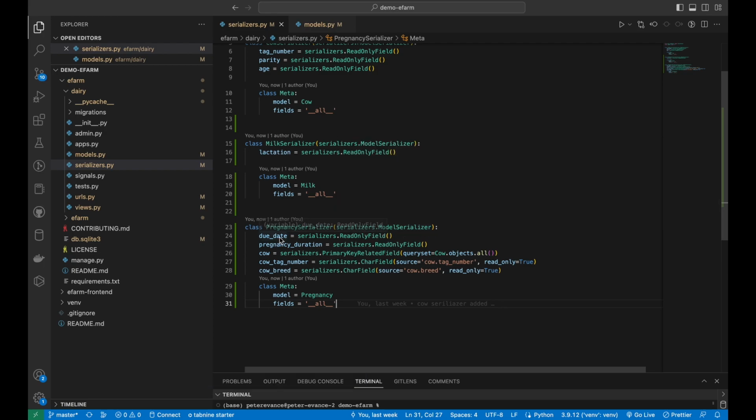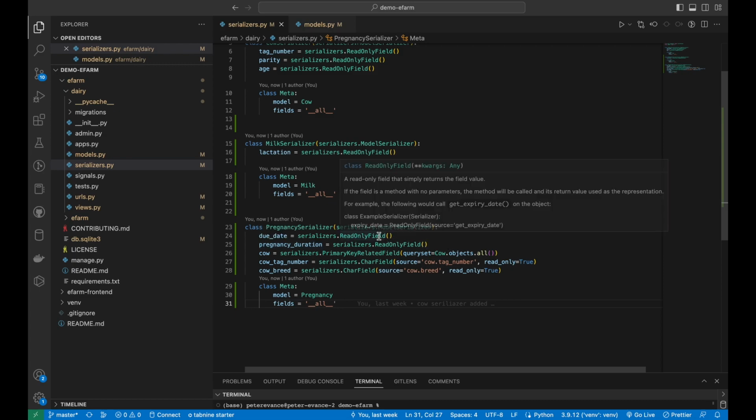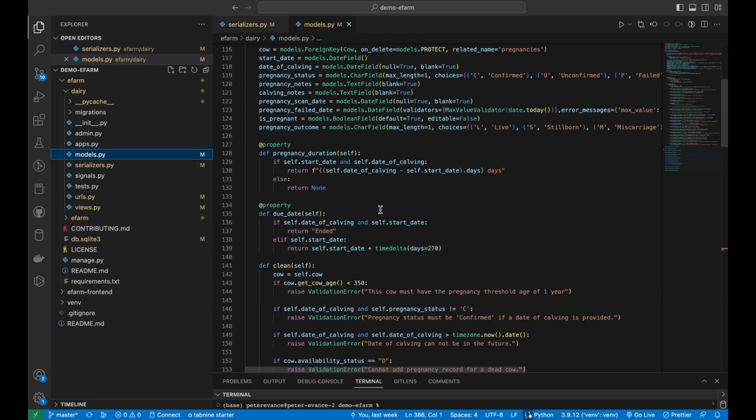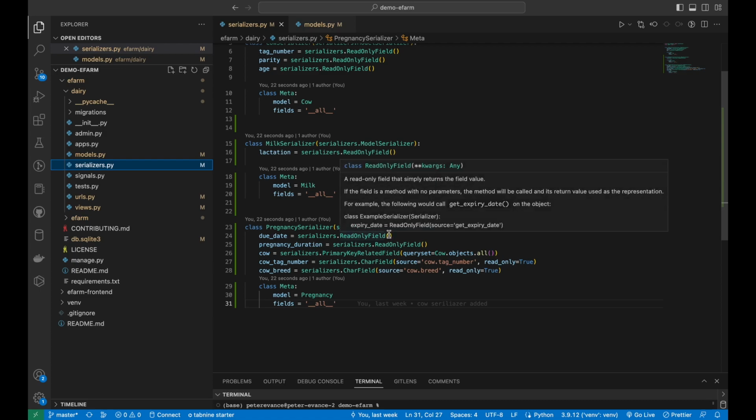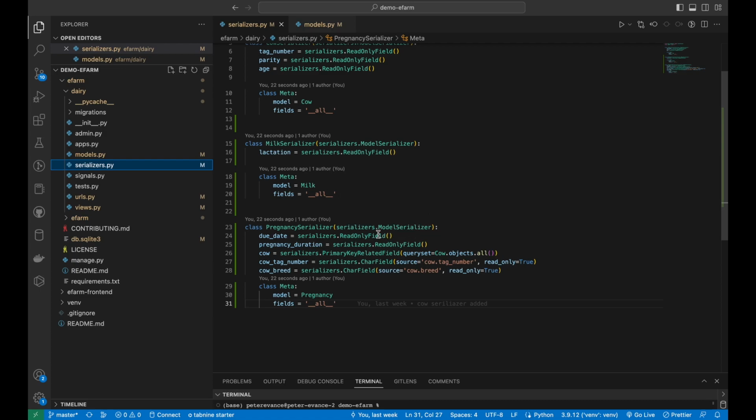And we have these few fields: the due date, the pregnancy duration, cow, the cow tag number, and the cow breed. The due date and the pregnancy duration are read-only fields, as their names suggest. This makes sense because in our model's definition, the pregnancy duration and the due date in our pregnancy model are being calculated automatically. So it means that we won't have any manual entry for these ones. And actually, they're just properties, functions that are being called when the pregnancy is saved